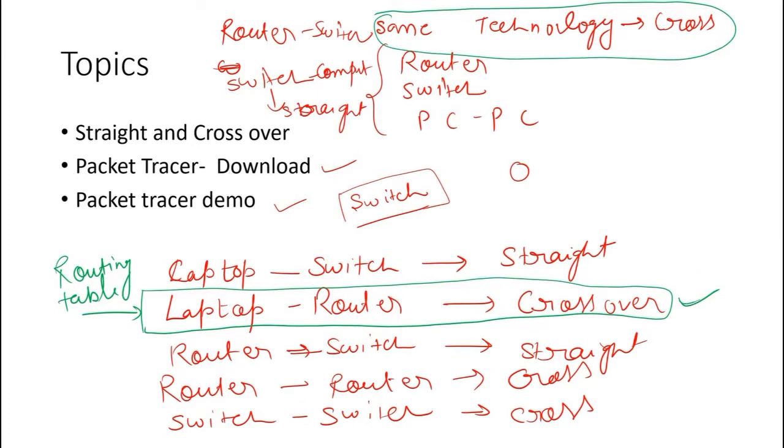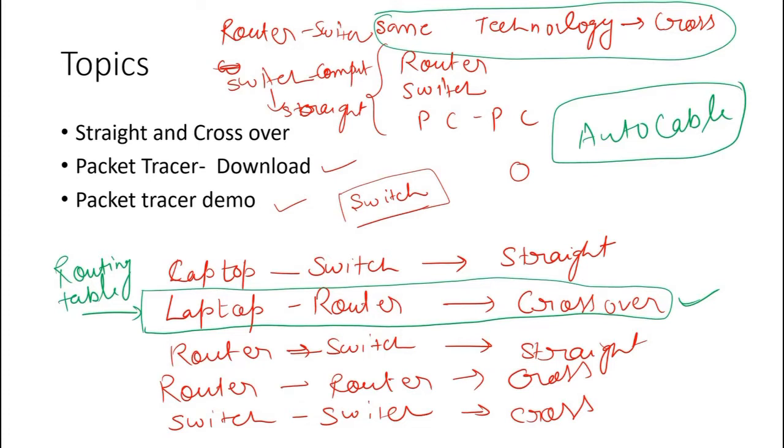But still, right now in the market, you don't have to, because that was the old time where we used to worry that either we have to use the crossover cable or the straight through cable. But nowadays, auto cables are coming. How are they coming? Auto cables means what is happening actually in the network interface card. In the previous videos, I have explained that for networking, we are having the network interface card in each of the networking devices, especially in our computer.